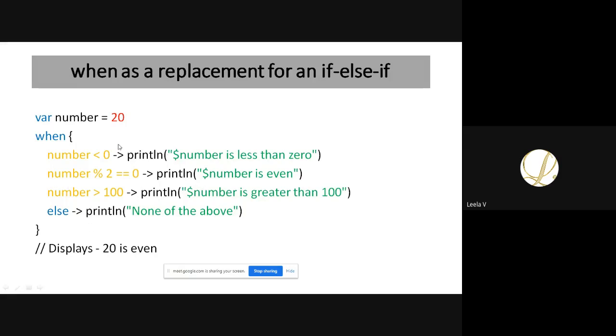Whenever we are using a when or an if as an expression, the else part is necessary. But if you are using when or if as a statement, then else is not compulsory. So I'm running here.